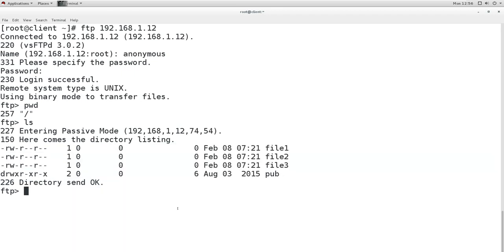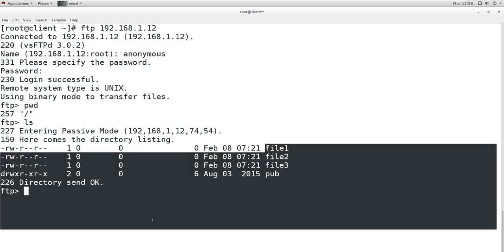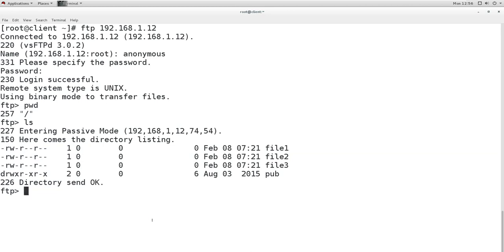Now if I want to download a file from the server, let's say I want to download this file 1 from the FTP server to this local machine. So I will use the command mget, and then I will mention the file name which I want to download, and then when I press enter, it says, are you sure you want to get the file?